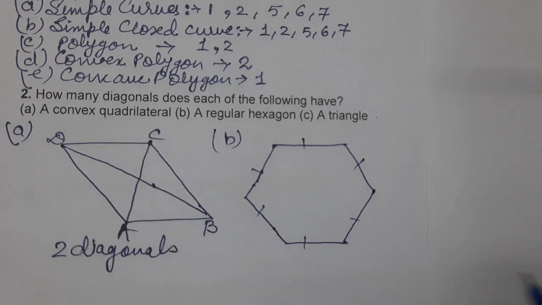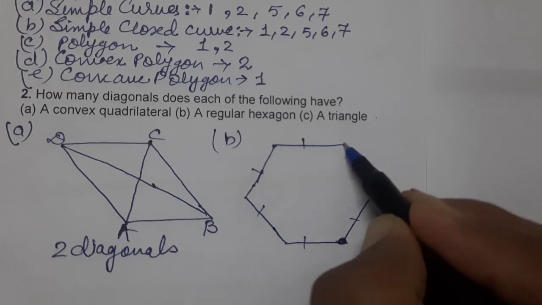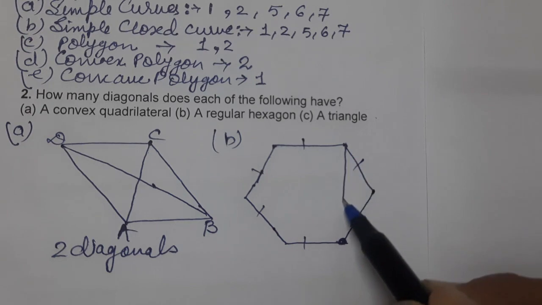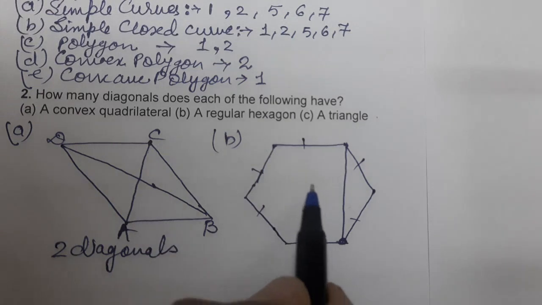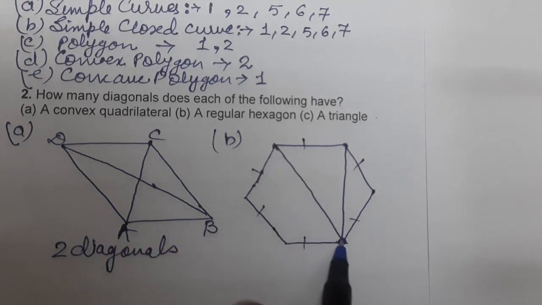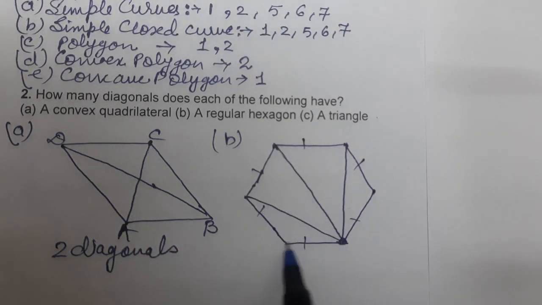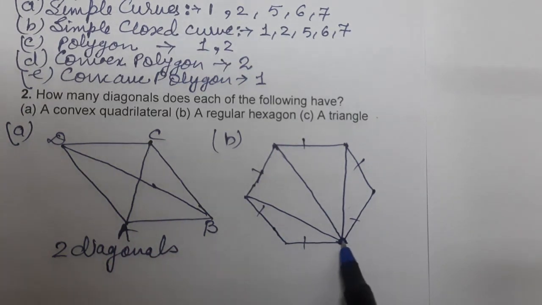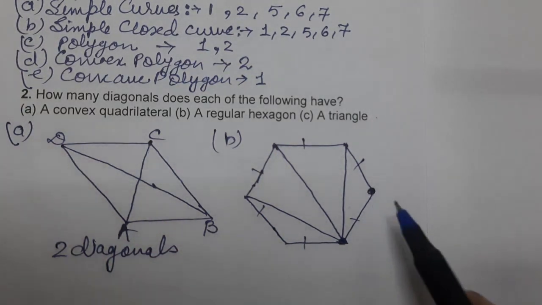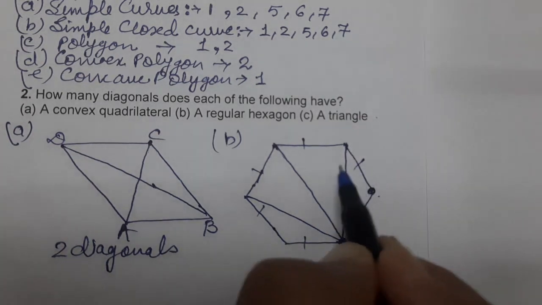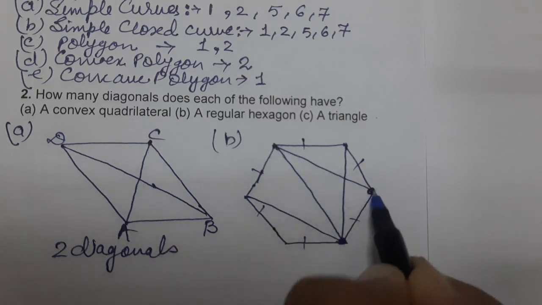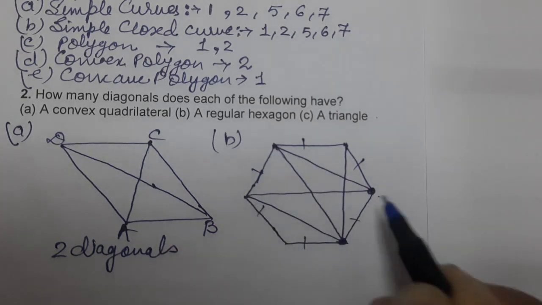Now, diagonals. So let's start making diagonals from one vertex. We'll start one by one vertex. And this is a side only, so first diagonal. Then second one. From the same vertex we'll start, children. Then this is the third one. This is a side only. So one vertex complete. Now take another vertex. So you will never be wrong if you do like this. Now, let's start from here. This is the side. So let's say next one. Then this one and this one.